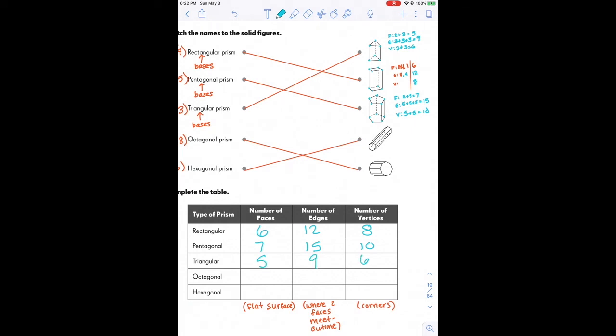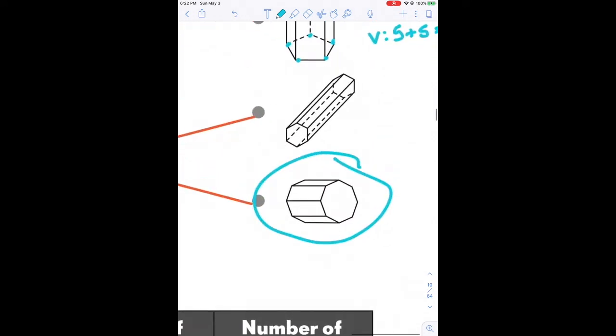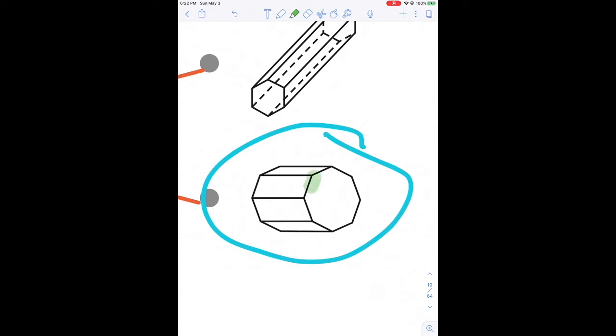I'm going to leave you guys there with the last 2 to try on your own. When you do this octagonal prism, keep in mind that there's this guy on the back too. It doesn't show it to